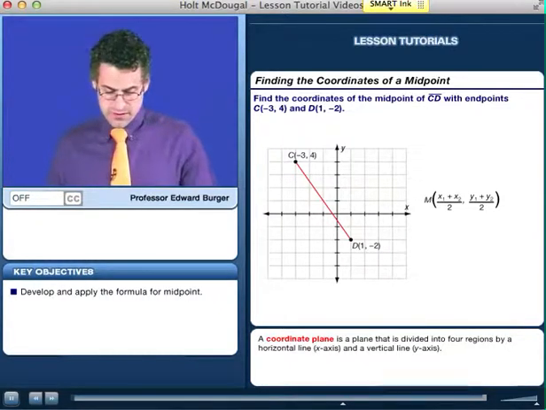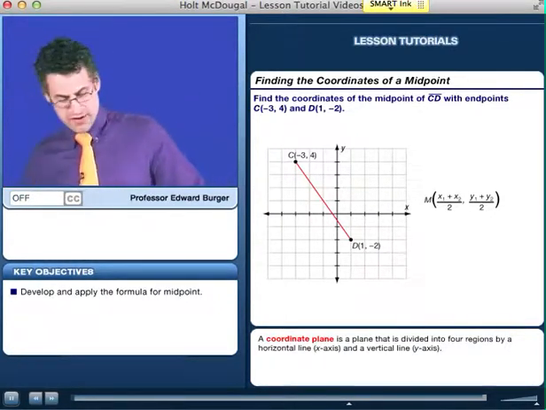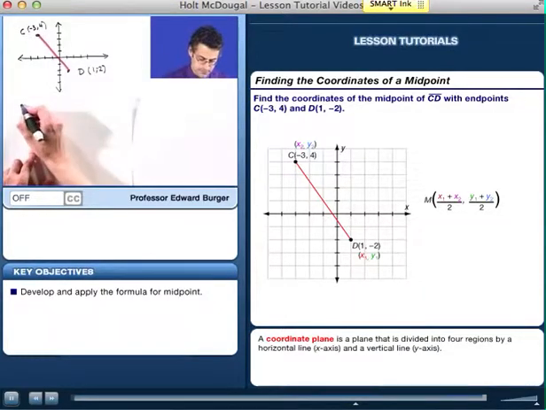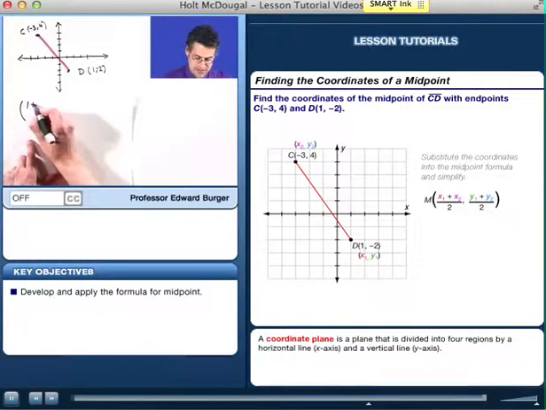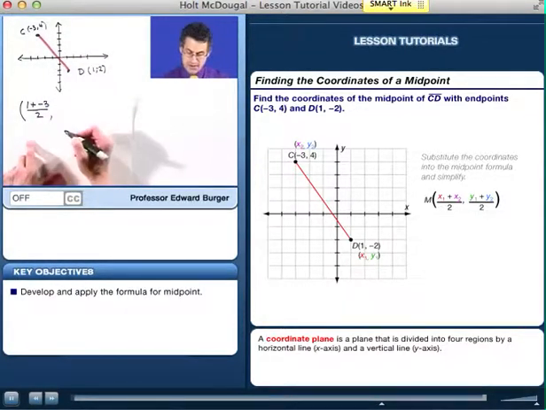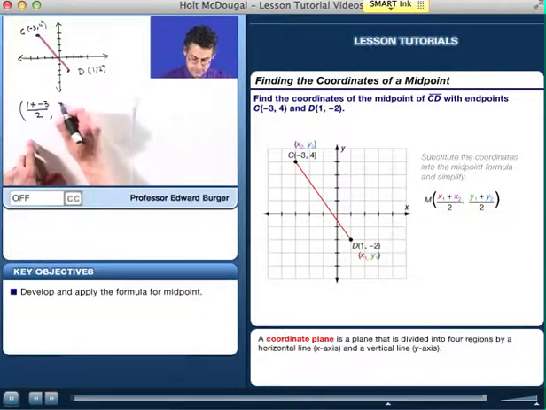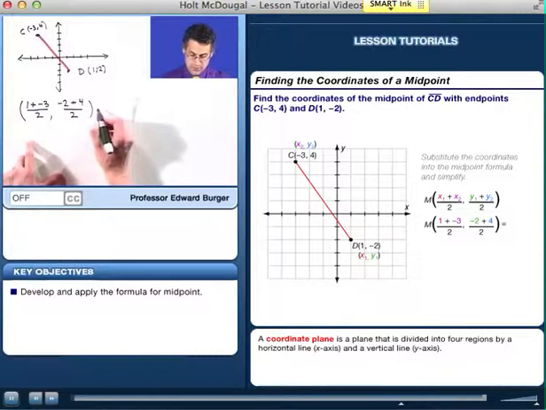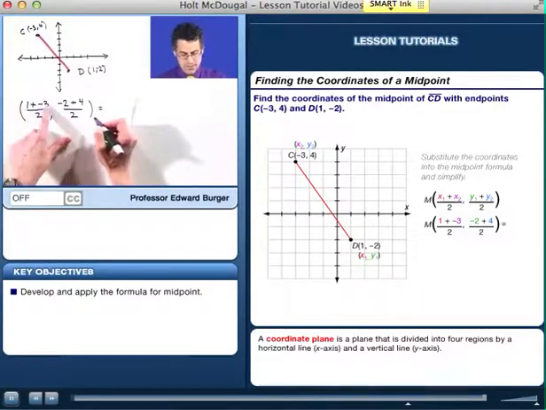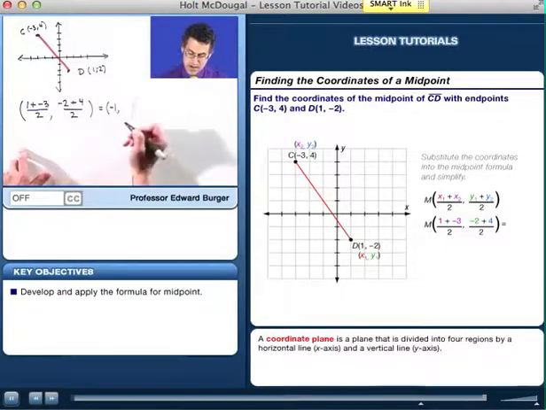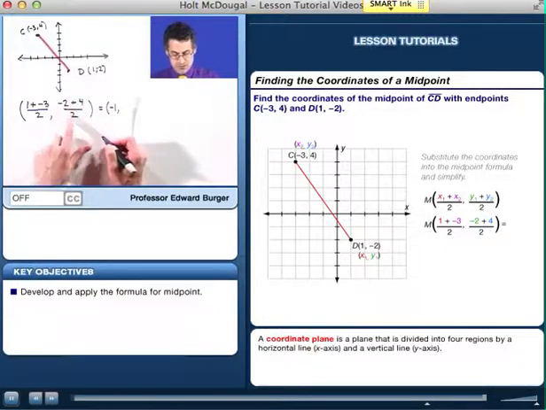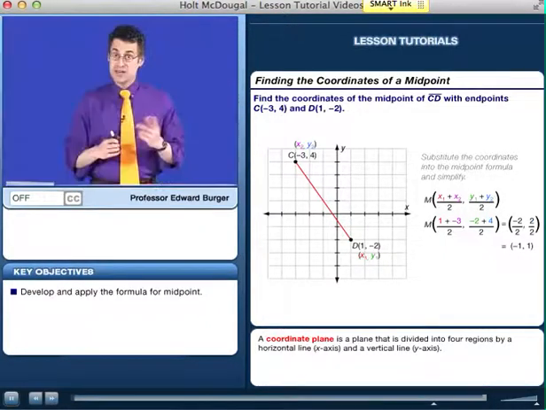Well, to do that, we just literally find the average of the x and the average of the y. So the midpoint is going to be, well, we take 1 and we add to it -3, and divide by 2, comma, and then we take -2, and we add to it 4, and divide by 2. And what do we see? What we see here is -2 divided by 2, which is just -1, comma, and what do we see here? Here on the top we see 2 divided by 2 is 1, and so we see -1, 1 should be